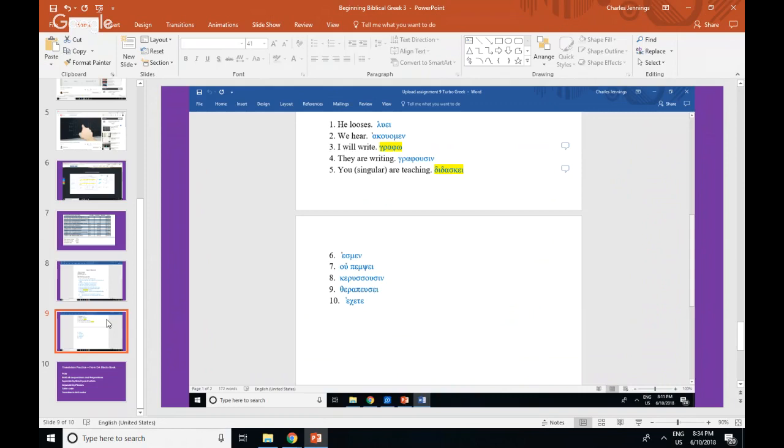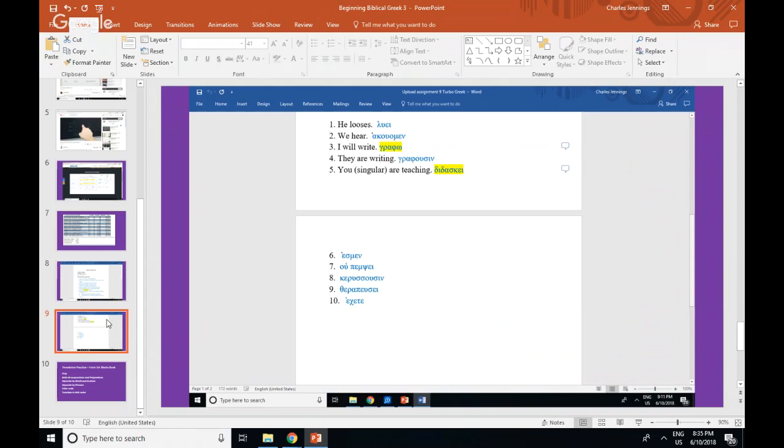But see, the thing is that now, I mean, I got the paradigm memorized. O, eis, ei, omen, ete, ousi. So you grow with that. And I didn't even do these at this time. I think we were only required to do like the first 5 of the exercise, but I can do them right now for y'all. Esmen. Well, men is an indication of we. I always understand it like we men. And so this is coming off of the eimi pattern, the to be verb. And so that is, let's see, eimi, estin, esmen, este, eisin, I think what it is.